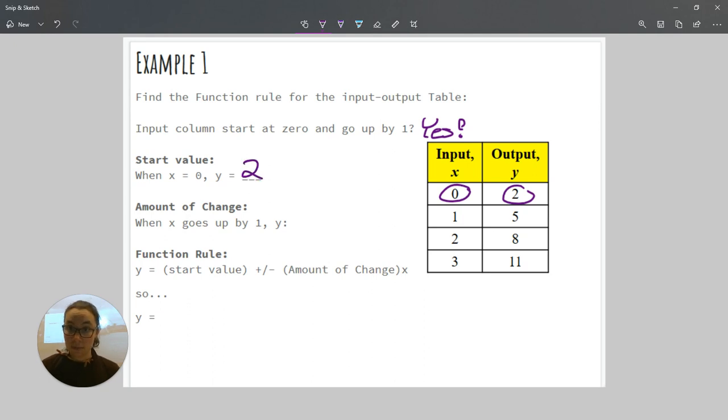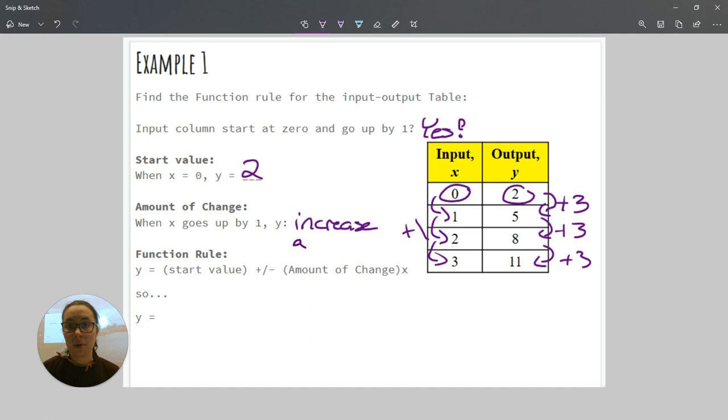All right? Now, we need to figure out how much it changes each time. Whenever we go up by 1 in our input, how much does our y change? As this goes up plus 1, how does this change? It could go up or it could go down. In this case, it's going up. And how much is it going up? 2 to 5, that's plus 3. 5 to 8, plus 3. So our amount of change is